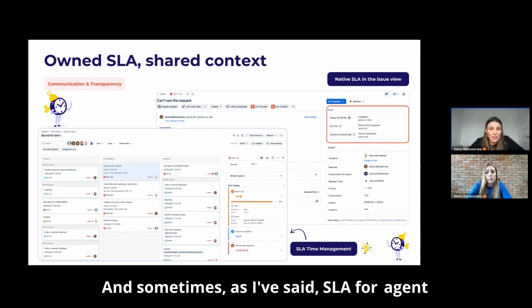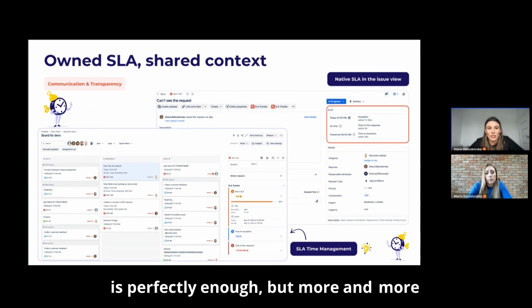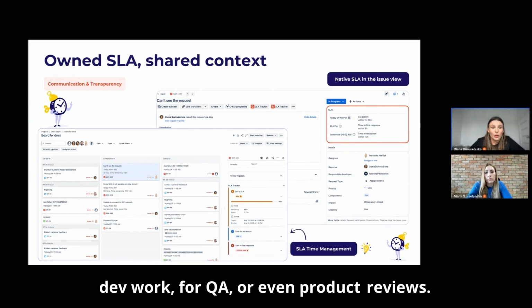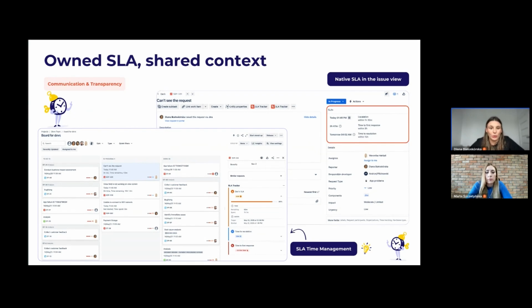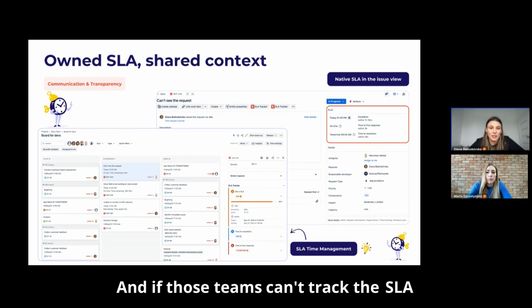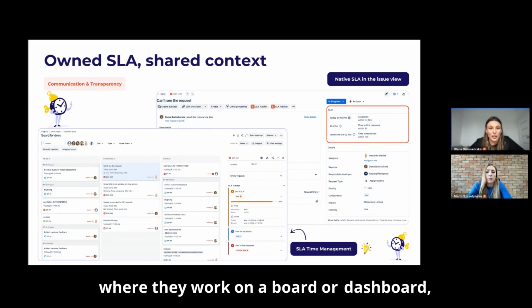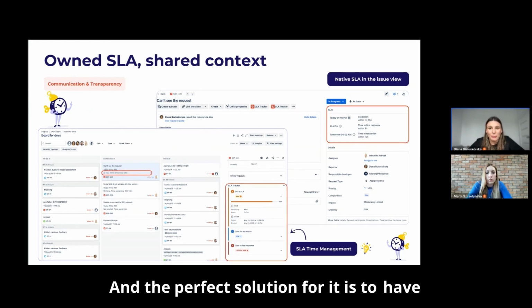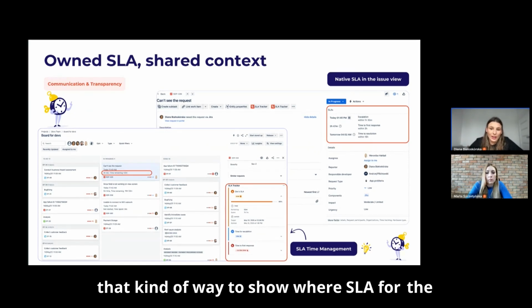And sometimes, as I've said, an SLA for the agent is perfectly enough, but more and more often, teams want to set separate SLAs for dev work, for QA, or even product review. And if those teams can't track the SLA where they work, on a board or dashboard, it creates a blind spot. And the perfect solution for it is to have a way to show when the SLA for the dev